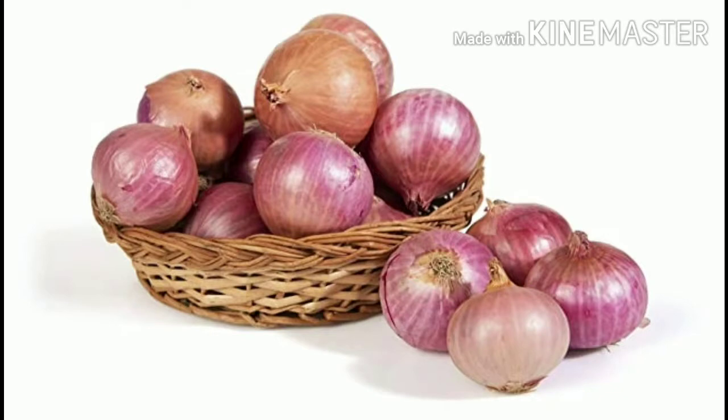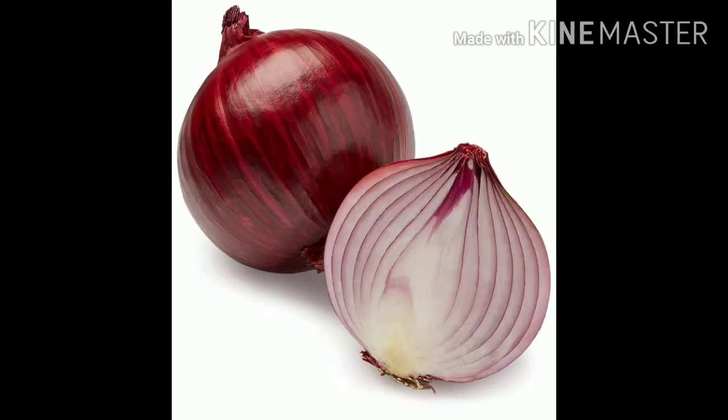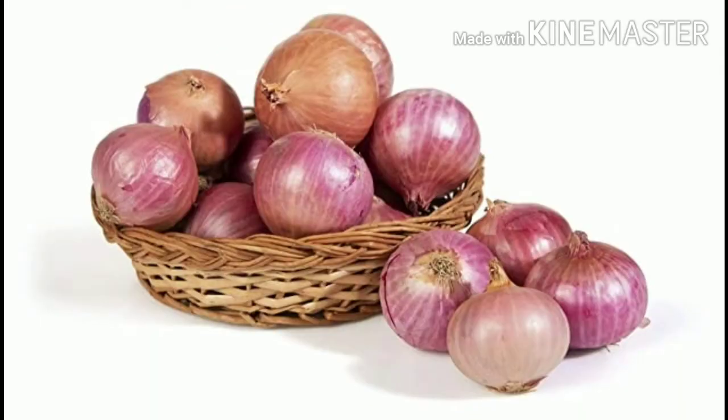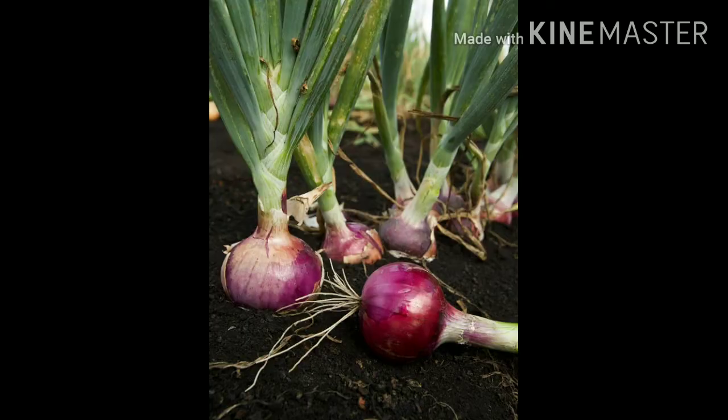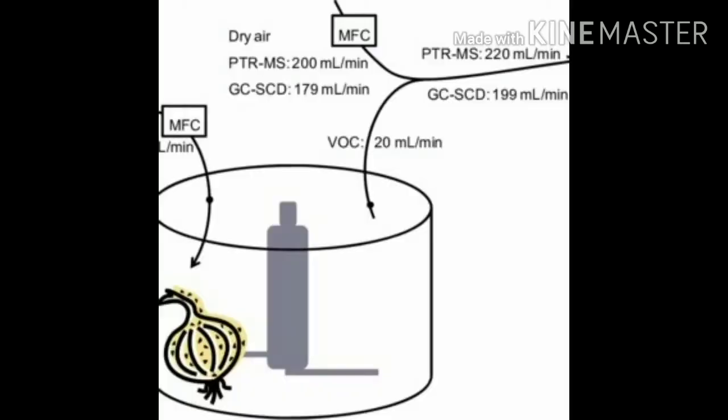In this video, I wanted to explain why we get tears while cutting an onion and how to prevent the tears from rolling down our eyes. We use onions while cooking, and in the process of cooking, we cut onions. While we start cutting the onions, the tears start rolling down from our eyes.